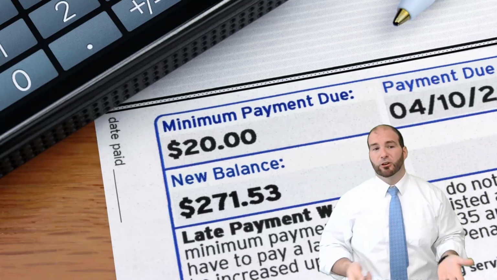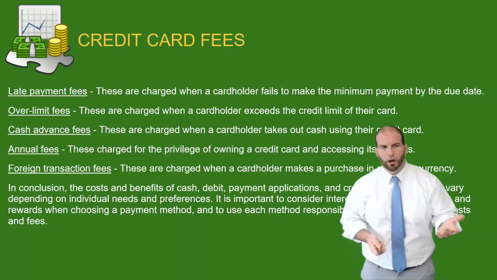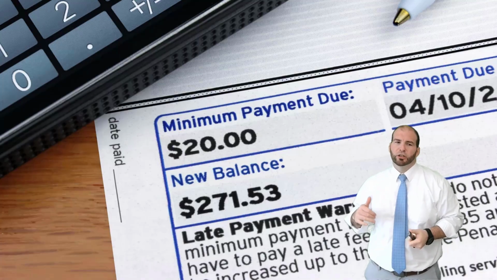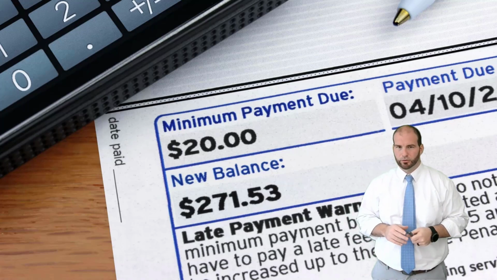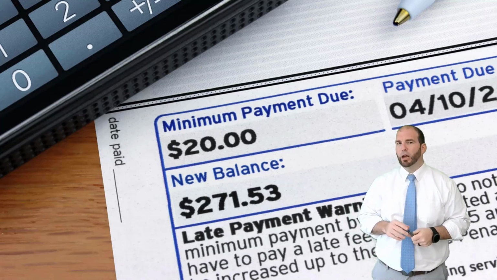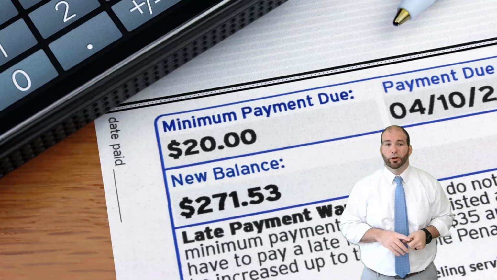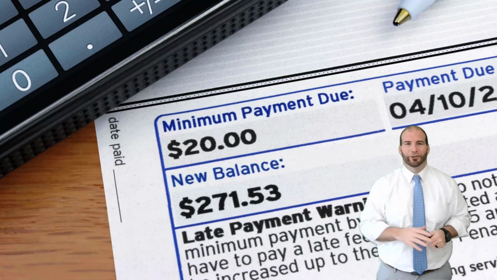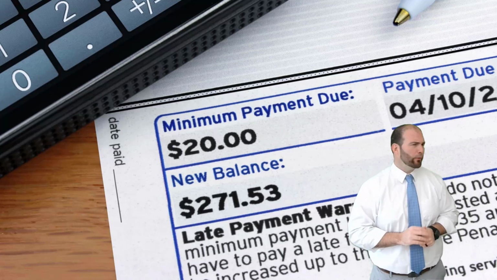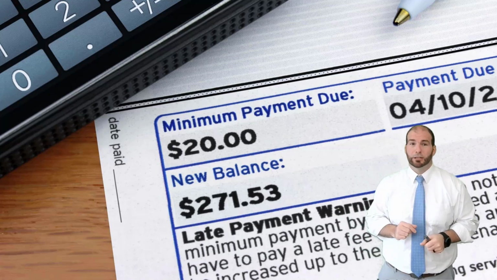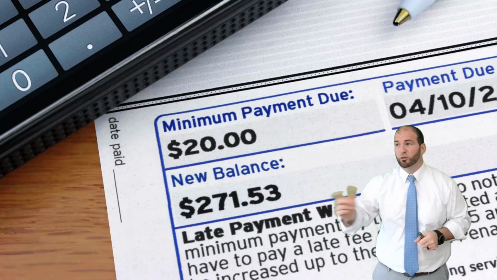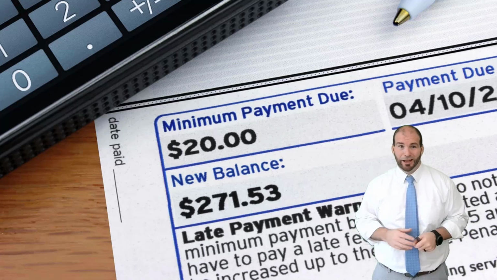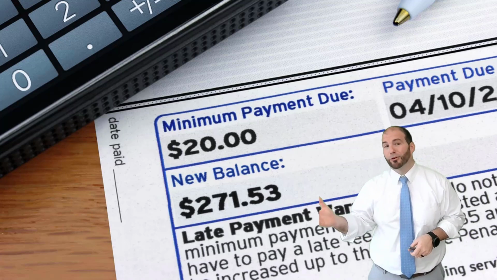So one of the very first things that we need to talk about is late payment fees. All right. So say you owe $271. They're going to give you the option. Hey, you can pay this $271, or if you just pay $20, we'll just let it ride until next month. Gee, why would they be so nice? Well, you know what's going to happen next month? That $271 has a 25% interest rate tacked onto it. And that $271 is going to be a lot more the following month.